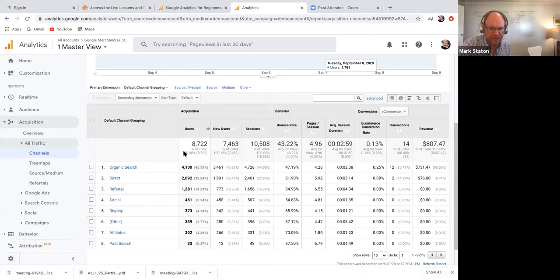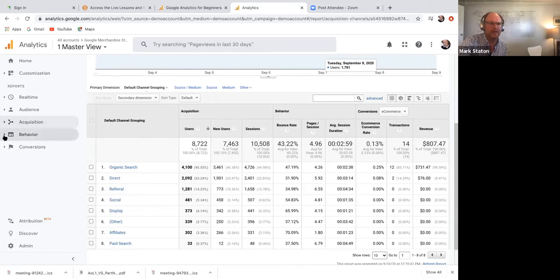But if you look here, you see how much traffic is coming, how many users are coming from sort of these top three. But the thing that's interesting is, for example, the bounce rate is much higher for organic search than direct or referral. The referral traffic seems to have more pages per session, as well as a longer time on site. So you're getting all this pretty cool stuff. That said, you're seeing that the revenue is higher from organic search by a lot compared to these other ones. So you get some really good data in the acquisition report.